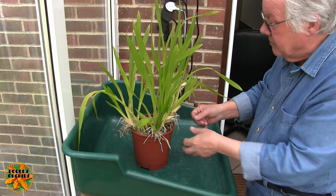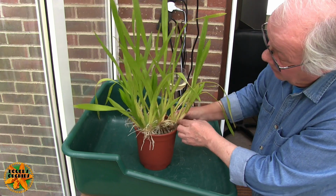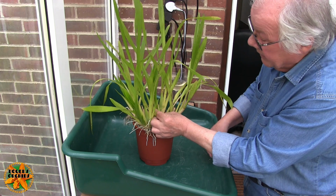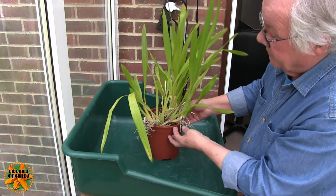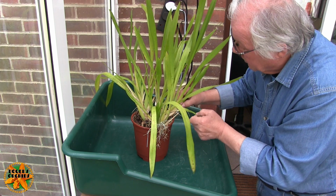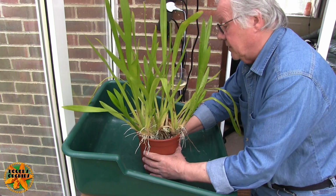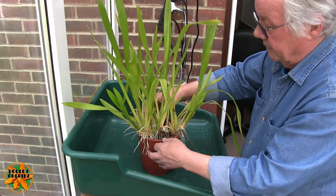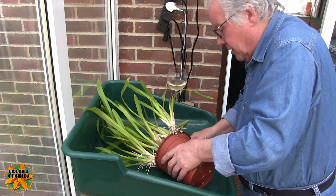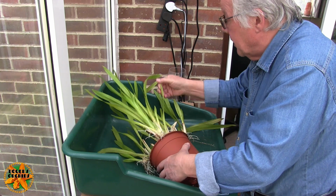They need to get down in the media because all of the new growths at the moment are here, miles away from the pot and the media, here, hanging over the side, one in the middle, up in the air, and another one over here. So each of those pieces with a new growth will probably get separated from the main plant, and we'll pot them up together, but not as they are now. So this has never been out of the pot since I got it. I don't know what's in the pot, but I suspect we will have a